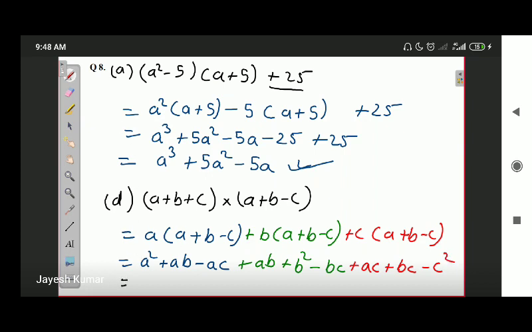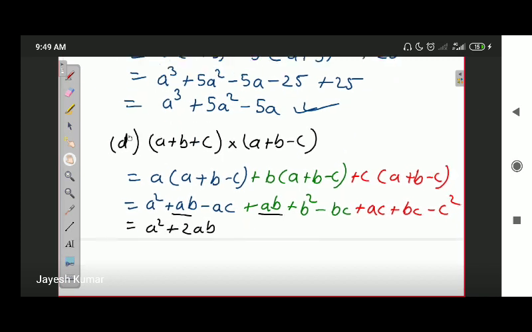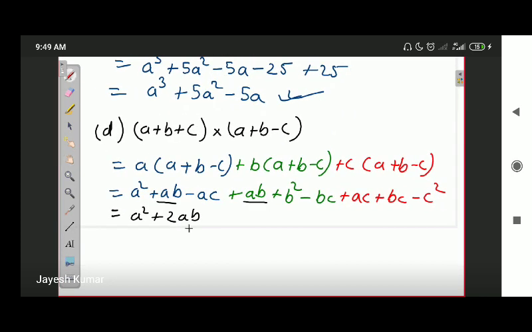First of all, I write down a square as it is because there is no other a square. Now ab. Let us find if there is another ab. This is ab, this is ab. And there is no more ab, so this is ab plus ab, twice of ab. Okay, let me show it more clearly to you. ab plus ab, twice of ab. Then let's talk about ac, minus ac. One more ac, this is plus ac. Minus ac and plus ac will cancel out, this will be 0.